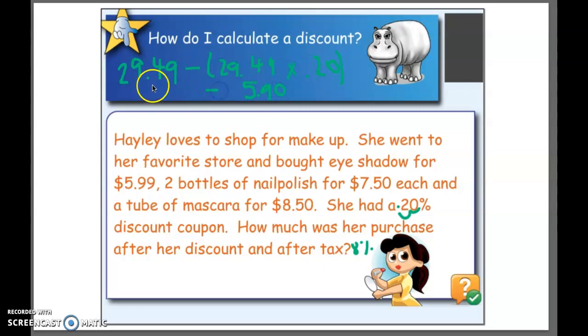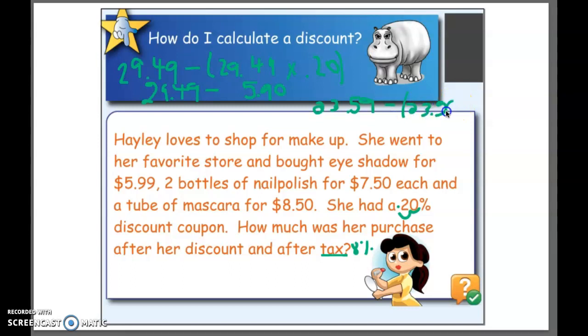So you're going to subtract that from $29.49. Oops. So we're going to do $29.49 minus $5.90. You get $23.59. That's before tax. To get tax and to get your final total, you do price, the new price, $23.59